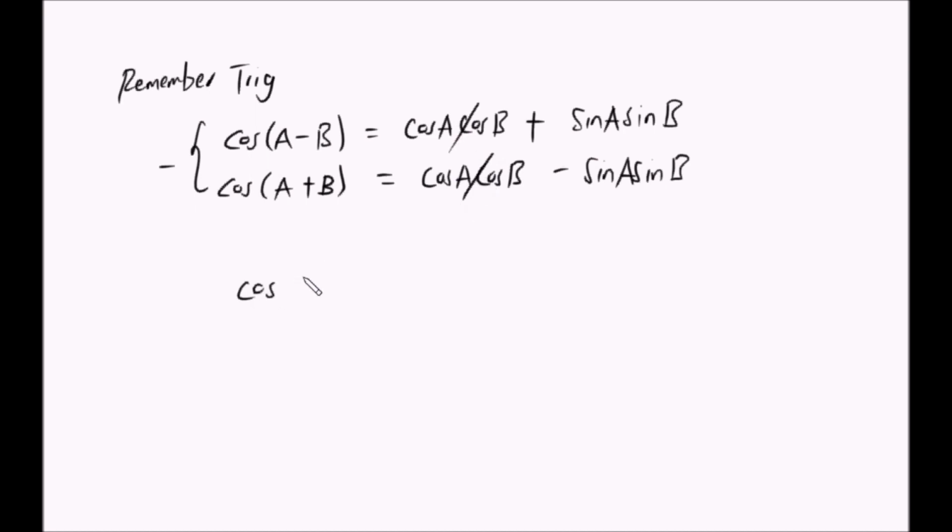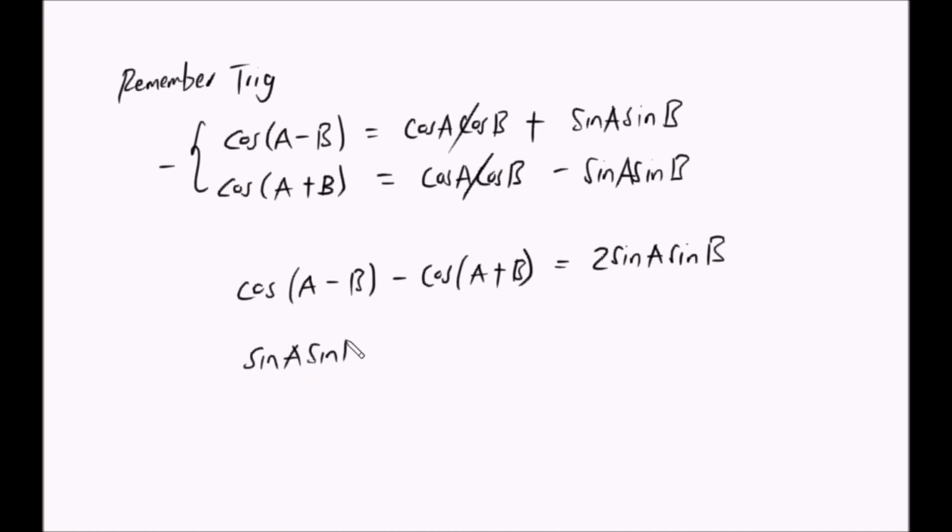So you will see that cos of A minus B minus cos of A plus B will be equal to this. Negative and negative is positive, so this plus this. Because they are alike, A plus A is 2A. So here we have 2 sin A sin B. So this is what we get. So now, if I make sin A sin B the subject, I divide both sides by 2. It will be cos A minus B minus cos A plus B,